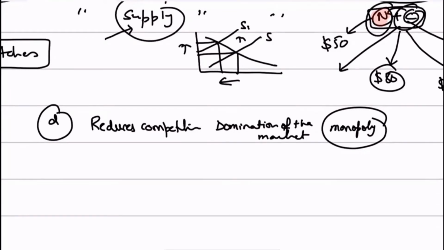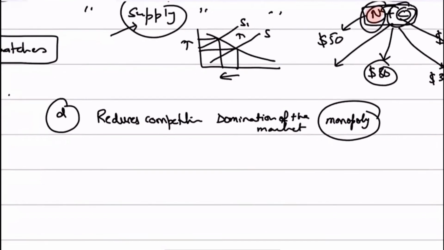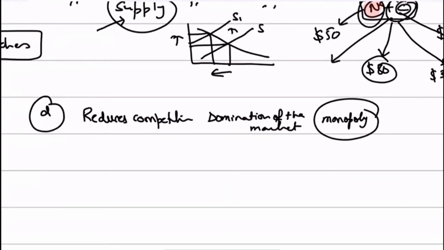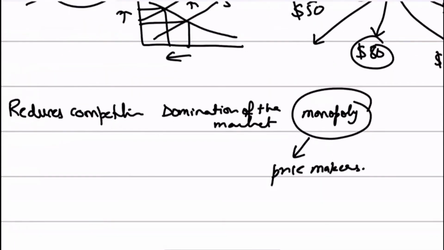And then, we know that monopolies are basically price makers. Instead of price takers, they are price makers. They set their own prices. They don't charge the market price. In fact, they set their own price, right? And then the firm will have the ability to actually raise the price. And yes, as far as the statement is concerned, that a merger in the same industry will increase the price of the product,